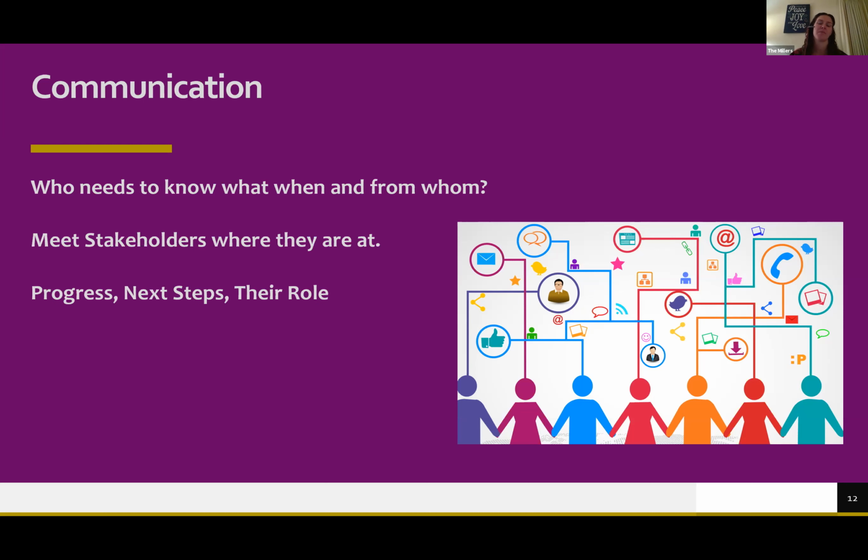And what should that message be? Typically in a project, that message is going to be around your project progress, the next steps, and whatever their role is in that next step. If I'm talking to my sponsor, I'm going to tell them, at a high level, what progress we've made and what the next steps are. And if I have an issue or a risk that I need their intervention or approval on, the mitigation plan, then I'll go over that and say, your role is to approve this, and this is what it's going to affect in the time, the budget, the scope. Those three big buckets are really where communication goes.